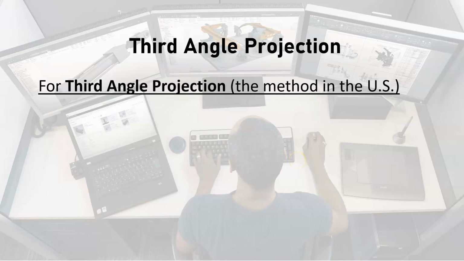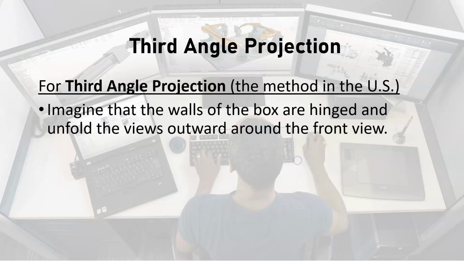Now, I think I talked a little bit about the different types of projection. There's basically third angle projection and first angle projection. First angle projection is used in Europe. Third angle projection is the method used in the United States. And in this method, the third angle projection, the walls of the box are hinged and unfold the views outward